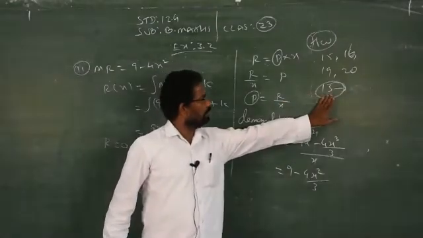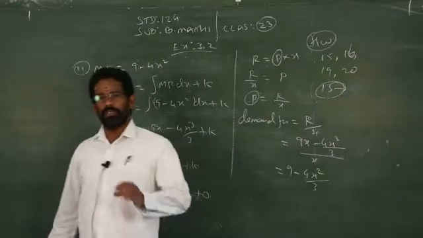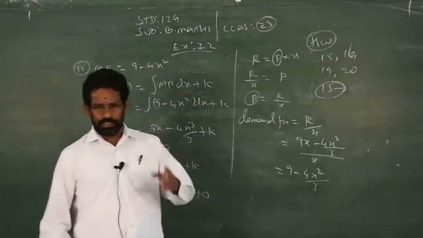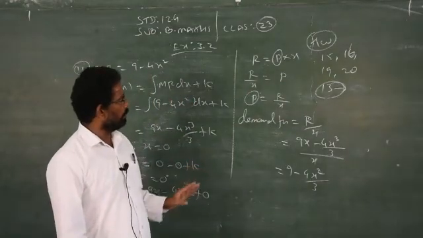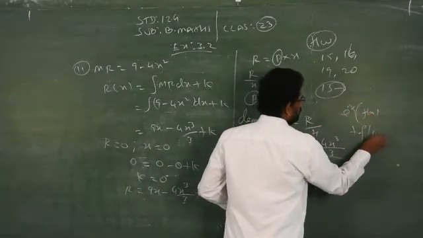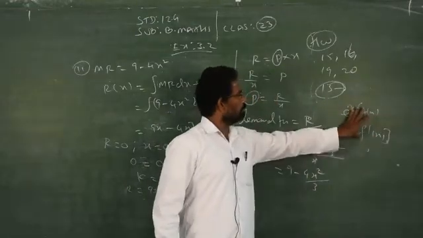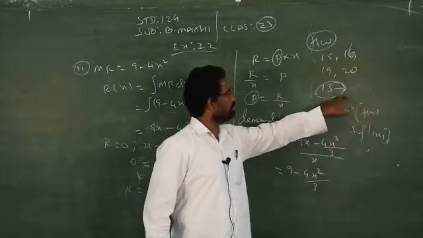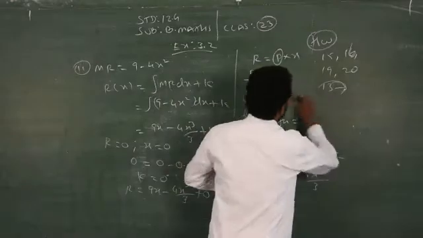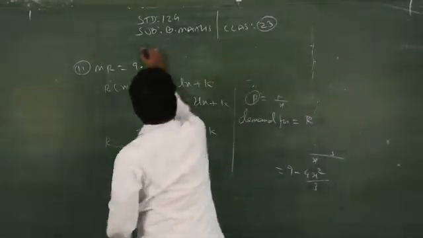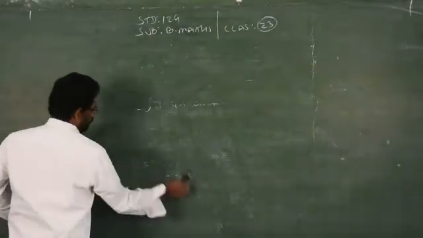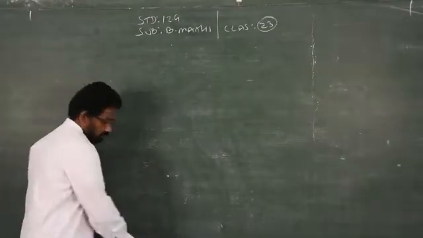You try sum number 13, that is very simple, but I would like to know whether you are able to recollect the chapter number 3 formulas in terms of exponential format. I think this is exercise 2.9, I don't know properly, but we have one formula, e power x, f of x plus f dash of x, in this format, isn't it? We did some problems in that exercise in chapter number 2. Use this concept to solve sum number 13. Clear? So the remaining you will complete now. But these problems, do it at home. Simple. You will get the answers easily. Less than half an hour is enough to complete all those 5 problems.